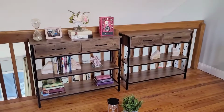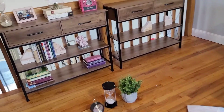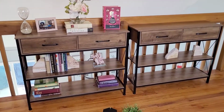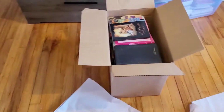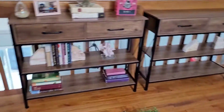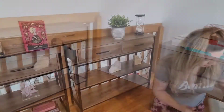All right. So it looks like my husband has a lot more books than I do, but I'm going to try to see how I can make it mirror my bookshelf area. He has a lot more books than I do. It's just one box, but I had actually much less than that. So let's see how...